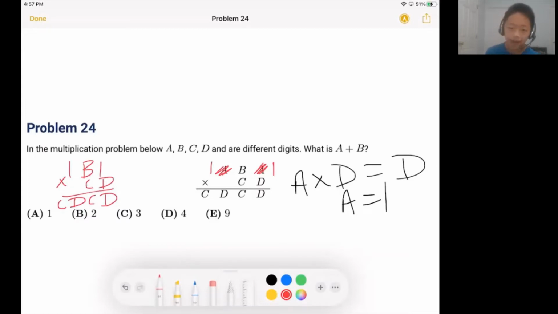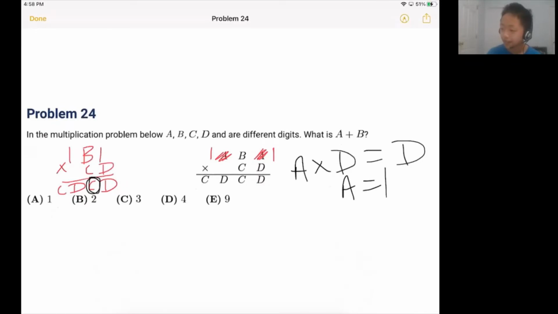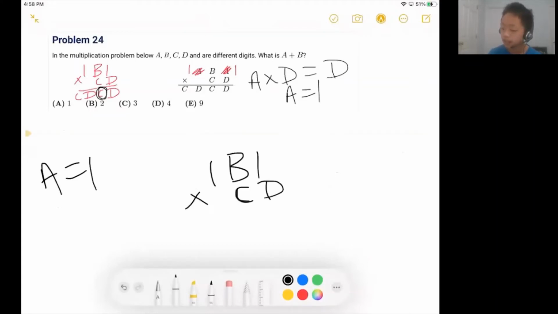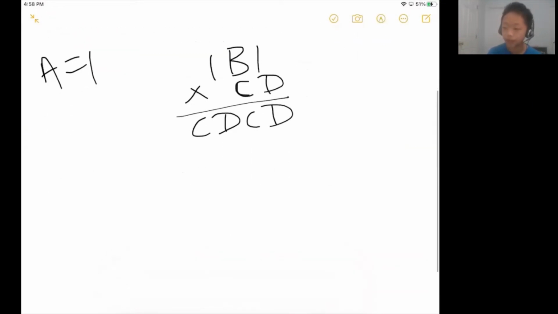And now let's try to look at this second to last column here, right? So let's take a look at this column. More precisely, let's take a look at this number there. We already know that A equals 1, right? So our multiplication problem is 1B1 times CD is CD. So if we were to normally do a multiplication problem, a 3-digit number times a 2-digit number, you can kind of think of it as